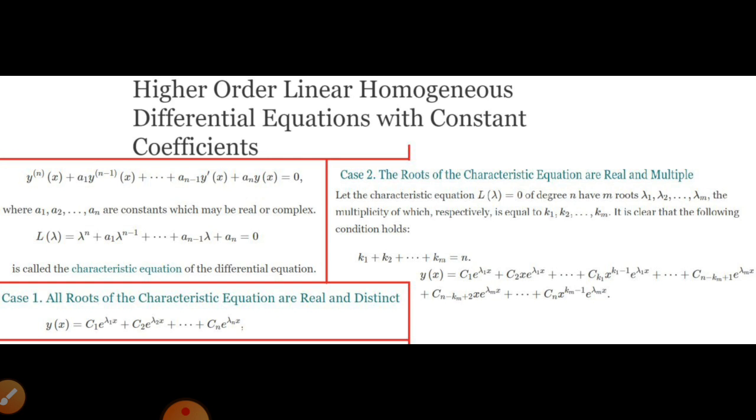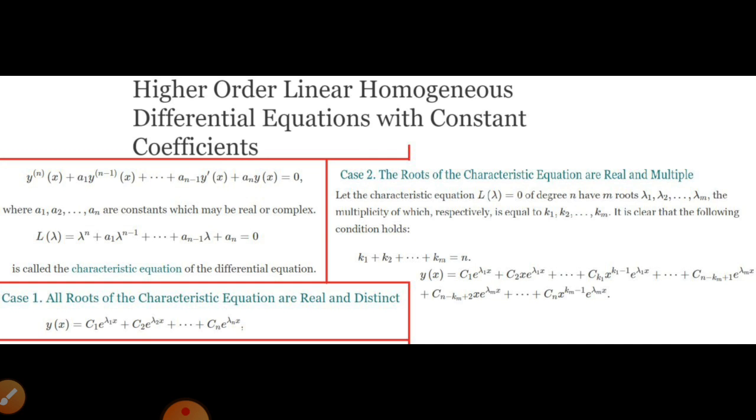The difference between homogeneous and inhomogeneous equations is that if the right hand side, the non-derivative terms, is 0, it is called a homogeneous equation. And if we have some variables or polynomials or some functions of x on the right hand side, then this equation is called an inhomogeneous equation. We will treat how these two types of equations are solved. First, we will discuss the homogeneous equation, then we will go for the inhomogeneous one.